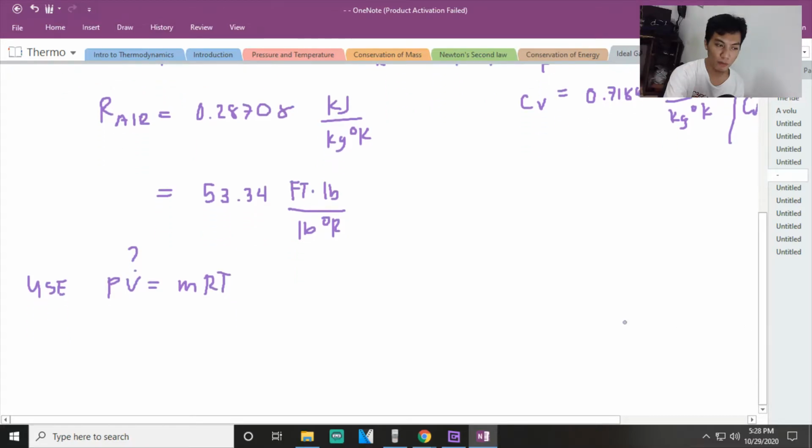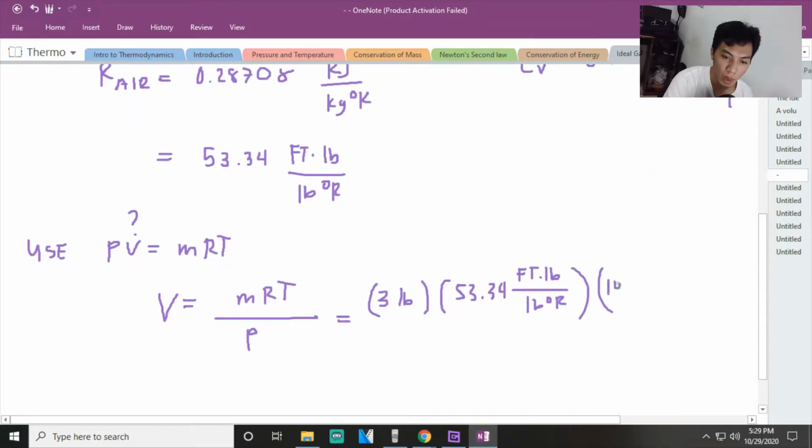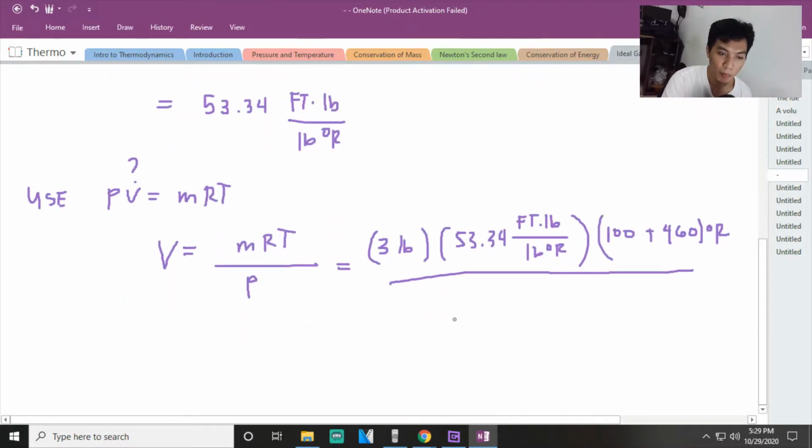So we can now solve for the volume of the gas. Volume is equal to MRT over P. Given yung M mo, 3 pounds. Yung R, that is 53.34 feet pound per pound degree Rankine. And then yung temperature, I think that is 100. Gawin natin yung absolute by adding 460 to make it into Rankine. And then the pressure, ang sinabi dyan, PSIA na, then that is 25